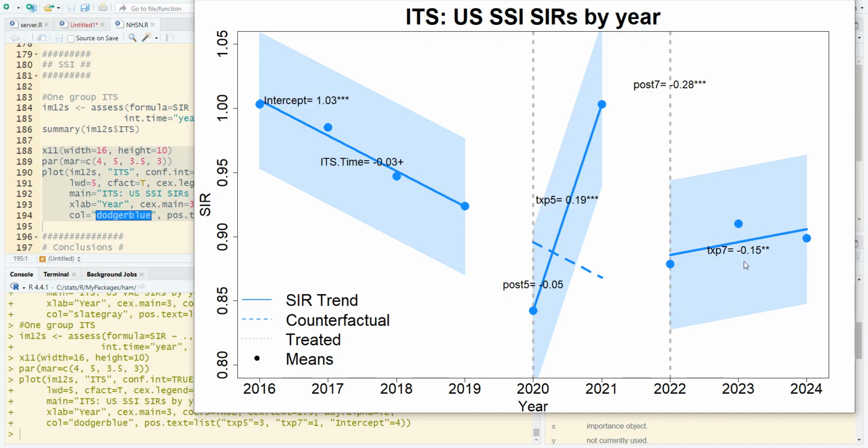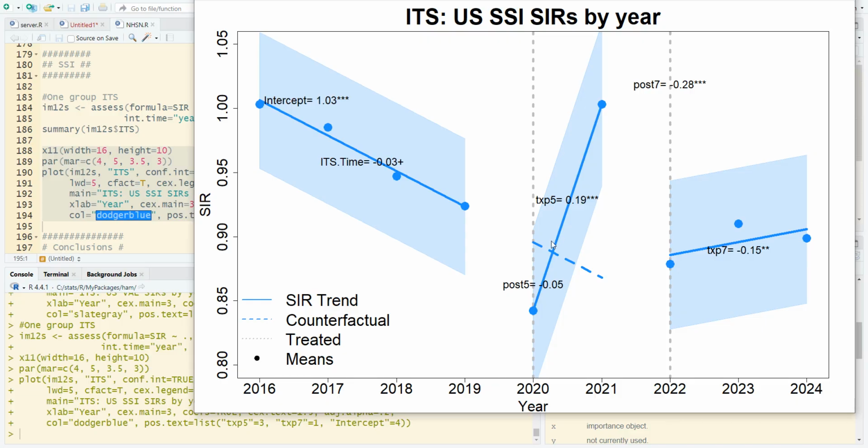So that's why we have a negative value. Although it is increasing, it's not at nearly as steep a rate as we saw in 2020 and 2021. So again,